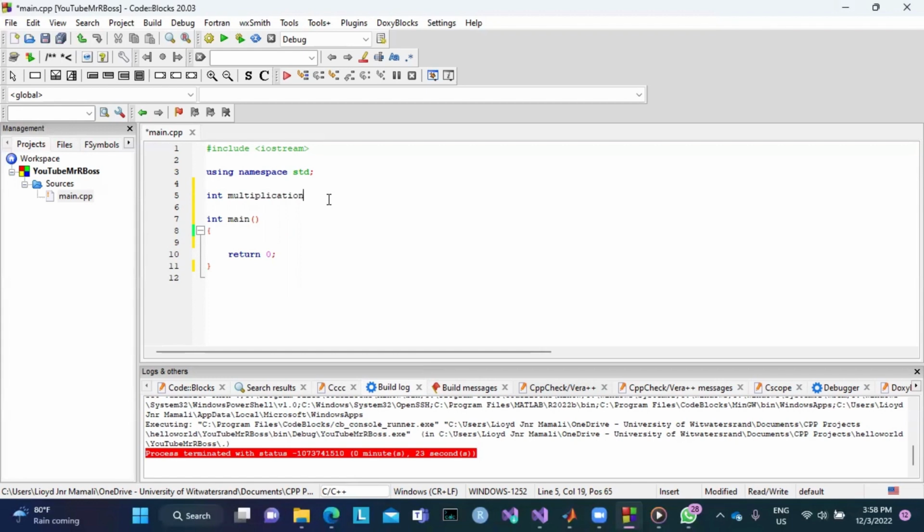You can give it Mr. Boss, you can give it YouTube, you can give it whatever name you want. However, it's going to be very hard for you to debug. So I'd advise you to give it a name that is related to its specific task. In this case, our int function is called multiplication, because it's going to be performing multiplication. Of course, this is the long-term multiplication. So what I'm going to do is add my